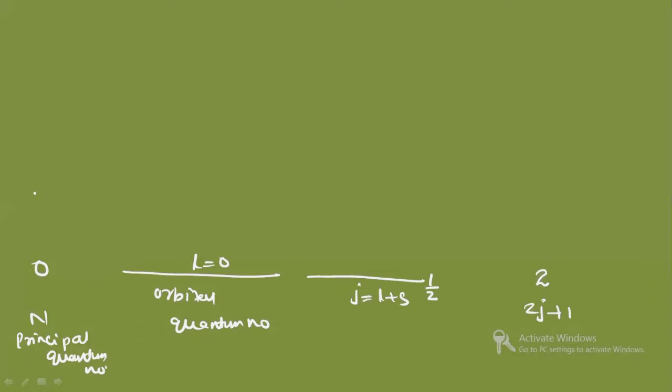Now if you see for N is equals to what? 1. So for N equals to 1, L will be equals to 1. Okay. So if L is equals to 1, so the value of J will be what? J will be equals to 1 by 2 and 3 by 2. Right. So what we will do, we will split it into 2 states, right? And 3 by 2 will come what? Below. 1 by 2 will go above. The greater one is at below. The smaller one is at above.